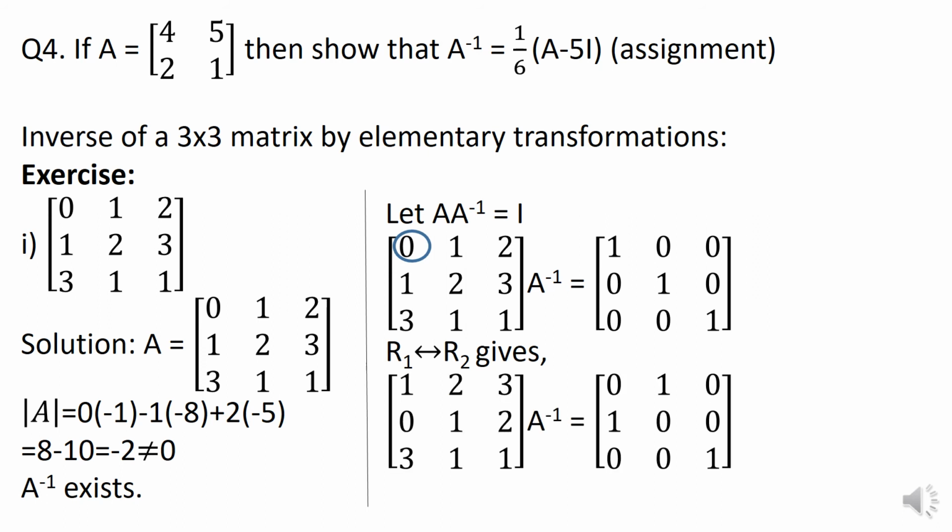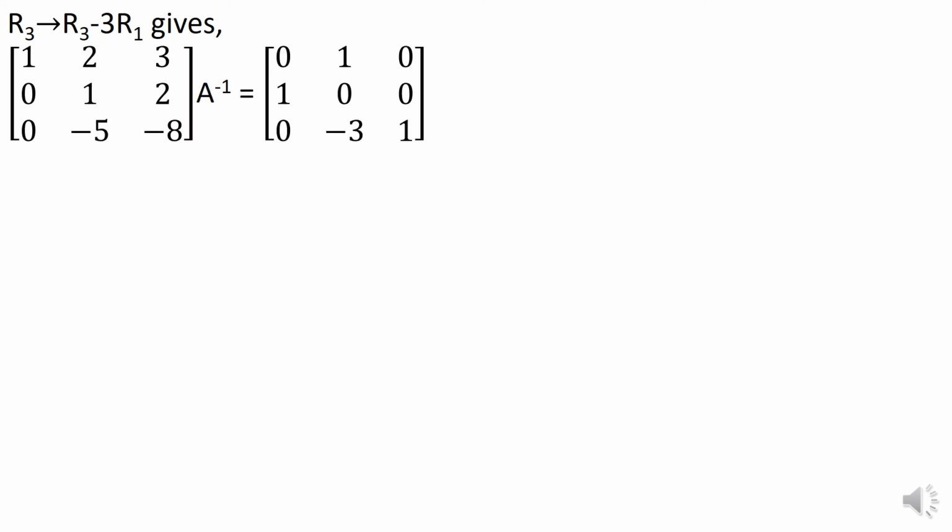Next, we want to convert the next element down the column. That is below 1, whatever element is there, we want to convert it into 0. But we observe that there is already 0 there. So we just go down below and convert 3 into 0. 3 has to be converted into 0 now by using suitable row transformations. Thus we do R3 getting converted into R3 minus 3R1. Hence we get 0 in the proper position.